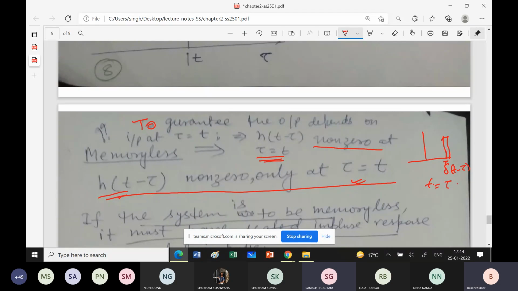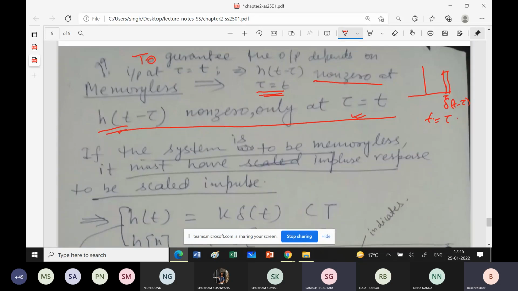अगर मैंने किसी भी इंस्टेंट पे एक इम्पल्स दिया और मेरा इम्पल्स रिस्पॉन्स किसी और टाइम इंस्टेंट पे भी डिपेंड कर रहा है या उसकी वैल्यू किसी दूसरे टाइम इंस्टेंट पे भी है, तो the system is with memory। ठीक है, so LTI system is fine with memory and memoryless। ठीक है, लेकिन आपको क्या पता चल गया कि if the system is to be memoryless it must have impulse response। अच्छा, इसका मतलब क्या हो गया,